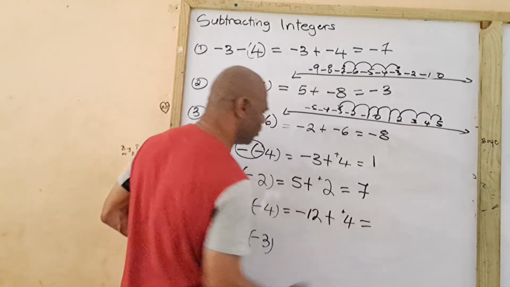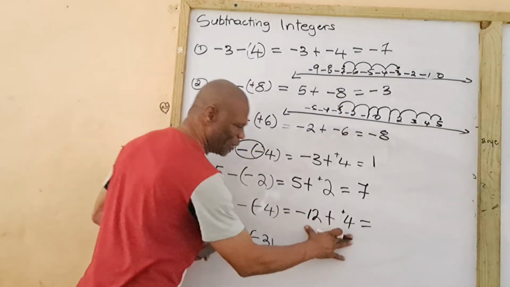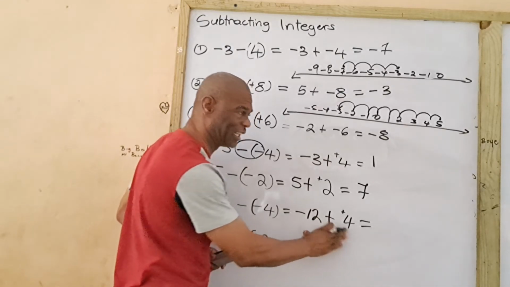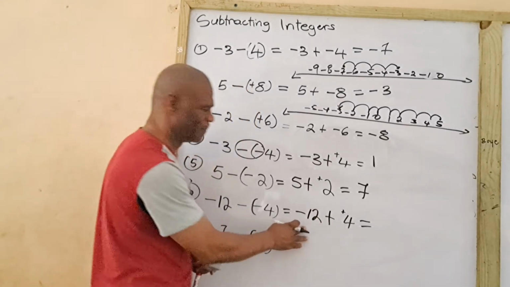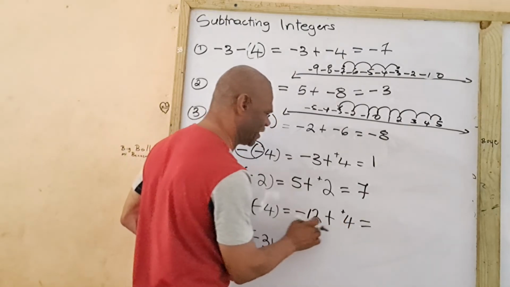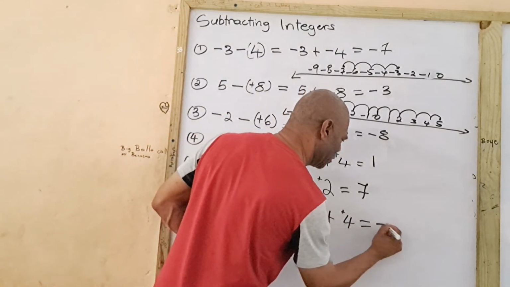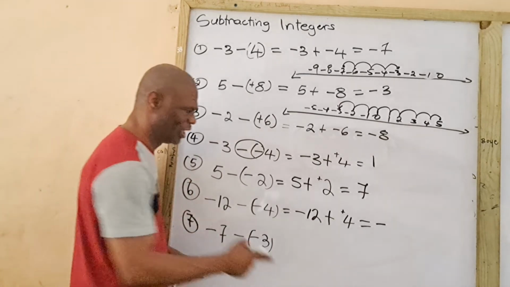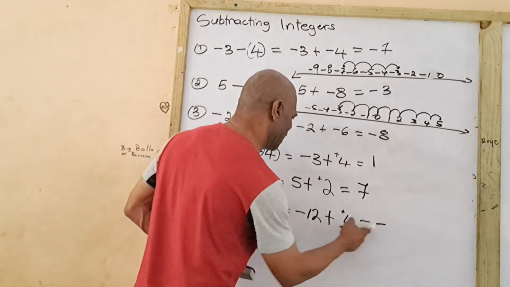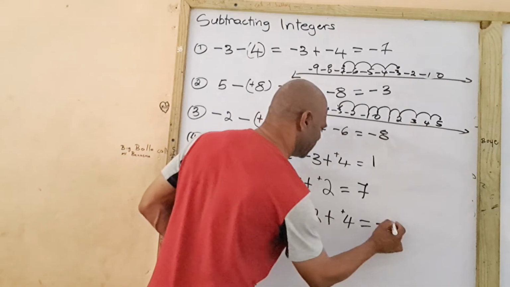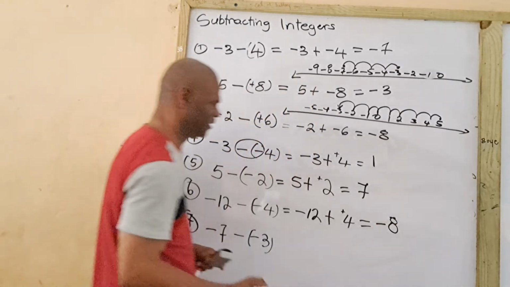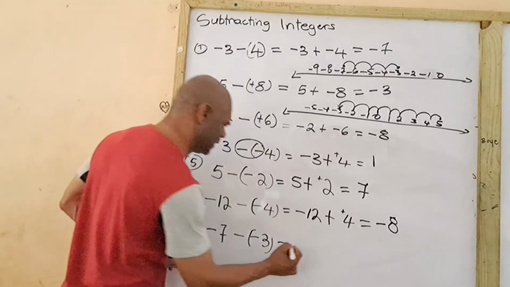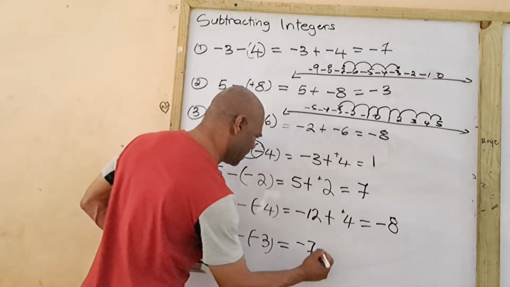Right? Now, we are adding two numbers whose signs are different, so we subtract and keep the sign of the larger. So we take 4 from 12, and right away we know that the result is going to be negative. Right? So it's going to be negative. We put our negative sign, and we take 4 from 12, and that gives us 8. Good? And then for the last one, we have negative 7 plus